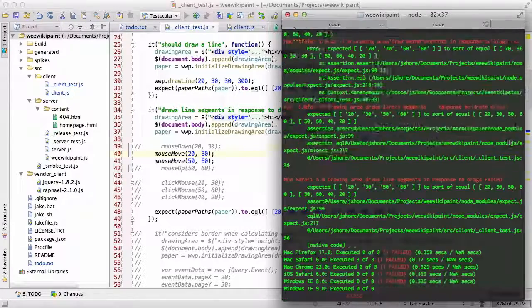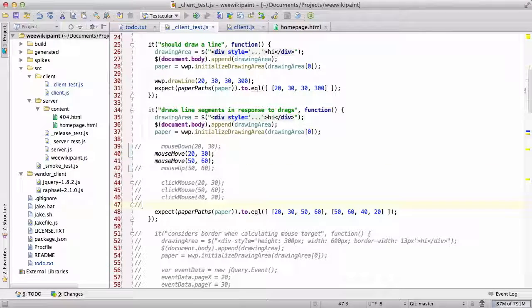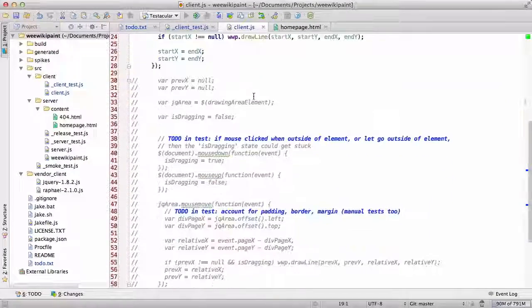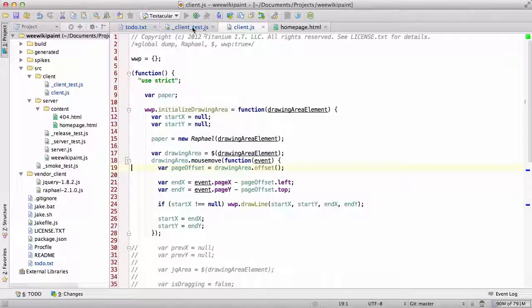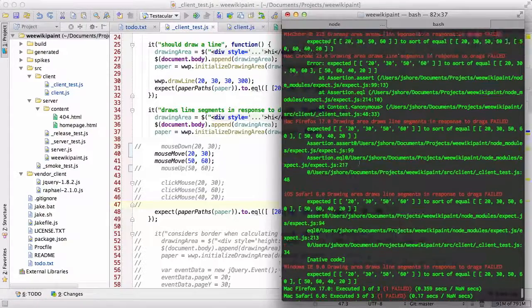So that's a little strange. But other than that, it seems to be working. So let's go ahead and see what's going on here with this string code. It's now coming out